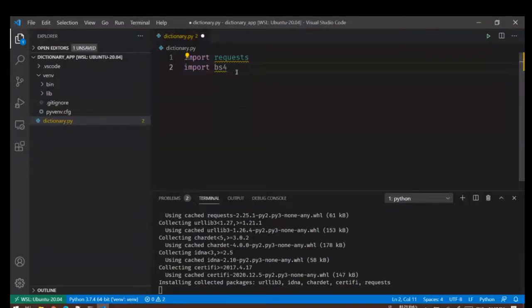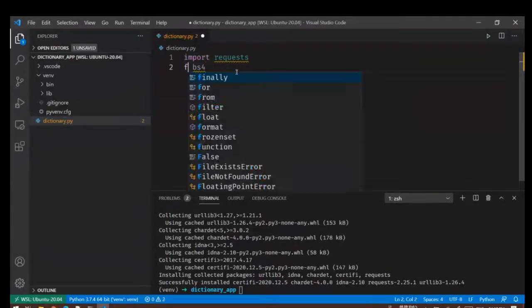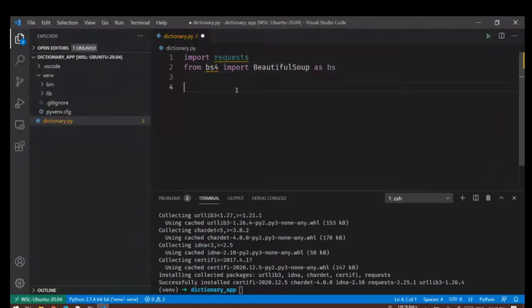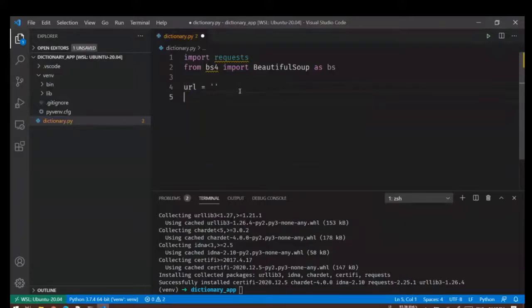Okay, so both these modules are installed. From bs4 import BeautifulSoup as BS. Now we need a URL that we will be calling, and then we'll say response is equal to requests.get, and here we'll pass the URL.